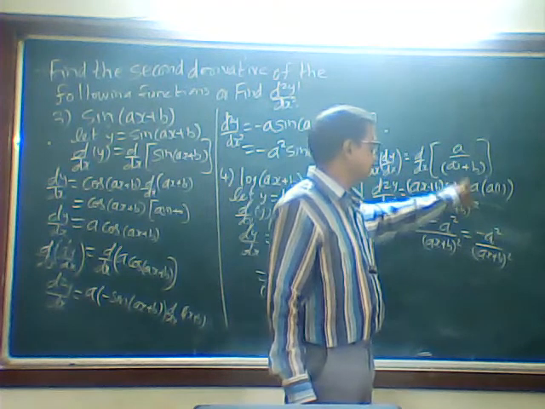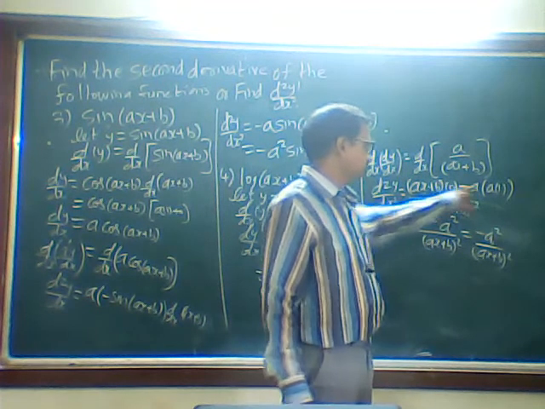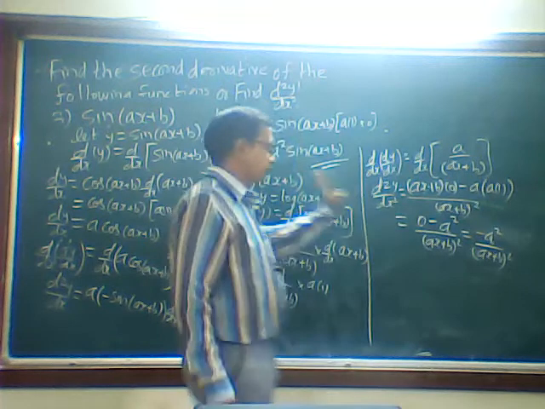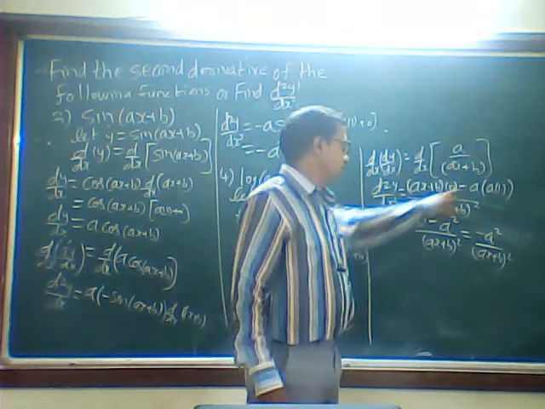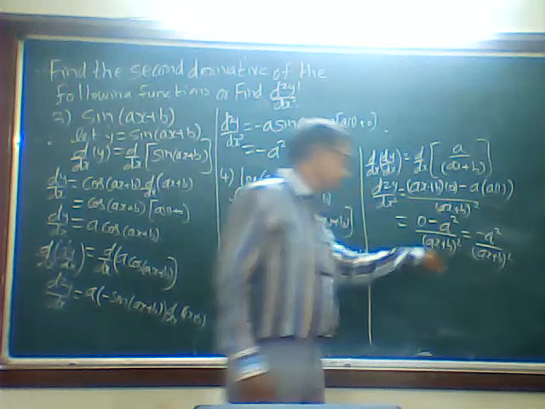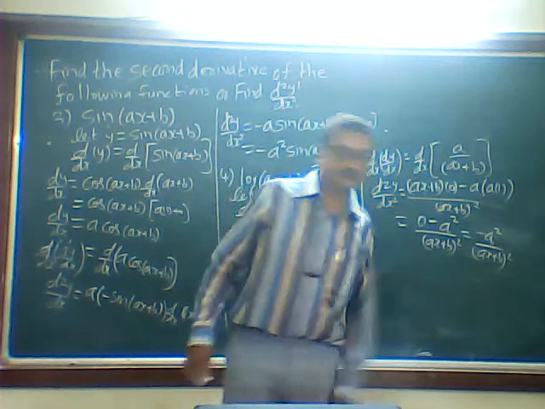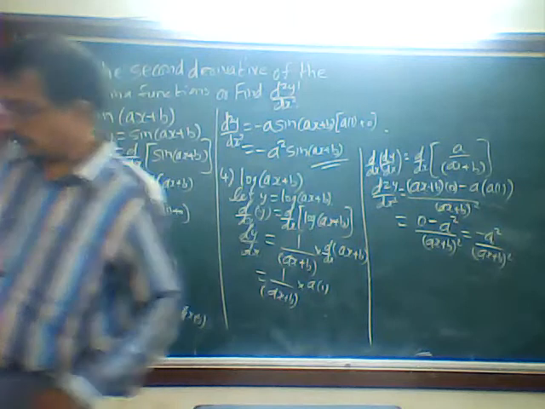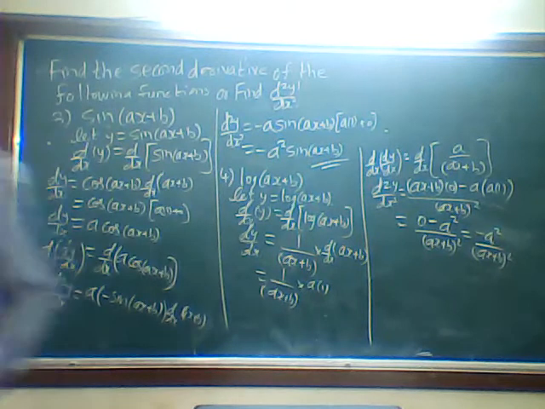Then minus a and it is differentiation of a plus b is what, a into 1, b is 0, we got right. So this into 0 is 0, minus a into a is minus a square by this. And this is the answer. Okay. So we will see another two problems.